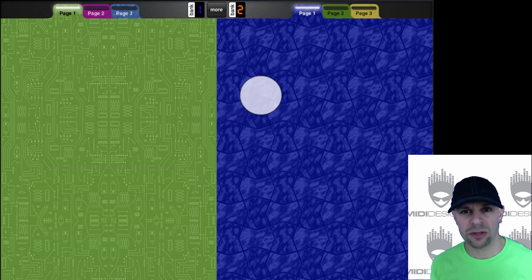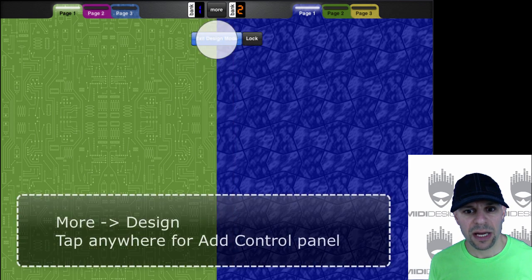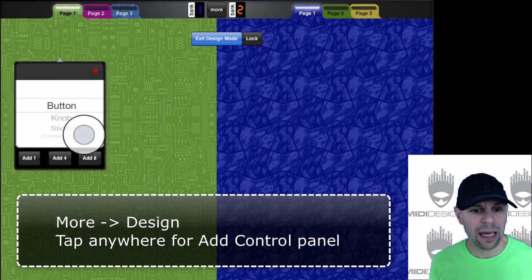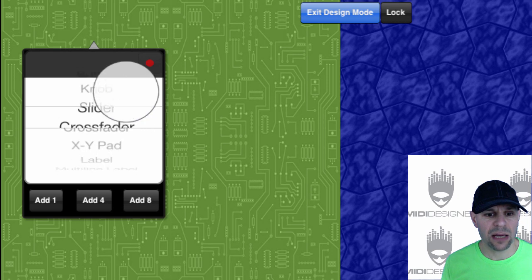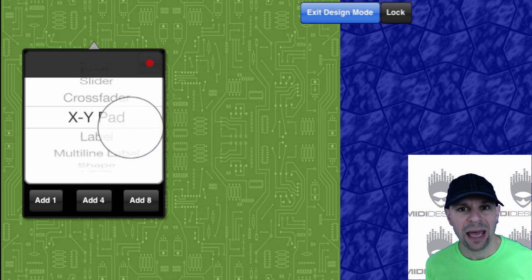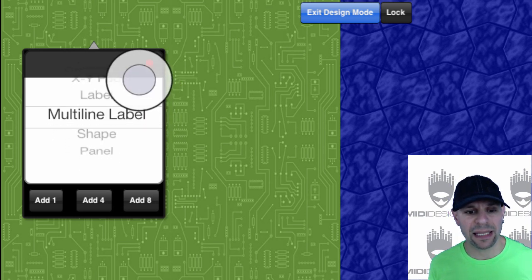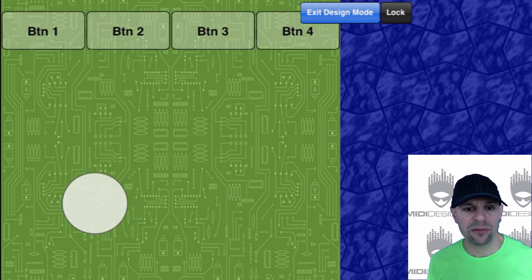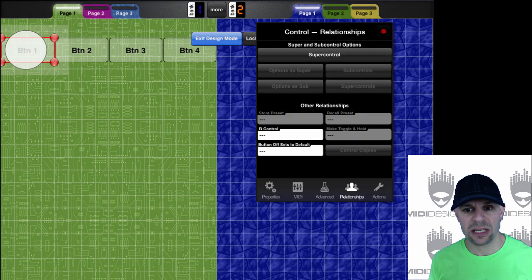The first thing I'm going to do is create some buttons and modify their properties. So I go into More, Design, and here I can tap anywhere on the page and I get to add a control. I can add buttons, knobs, sliders, crossfaders, XYs, and decorative types like label, multi-line label, etc. So I go into Button and I'm going to add 4 of these, and I'm going to take the first one and double tap it to get its properties,